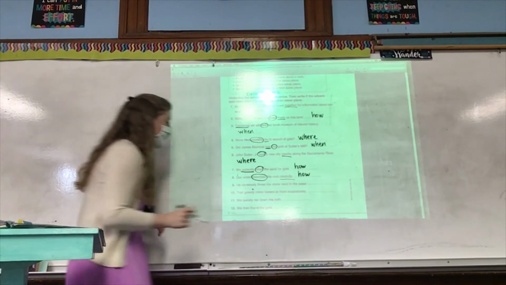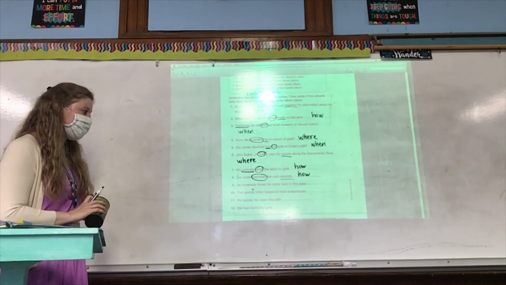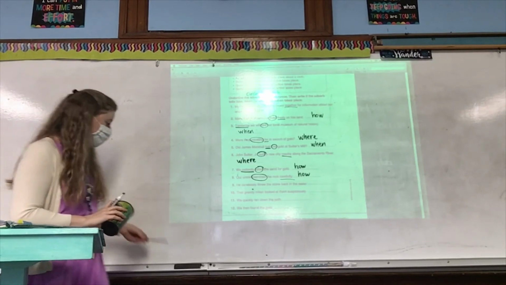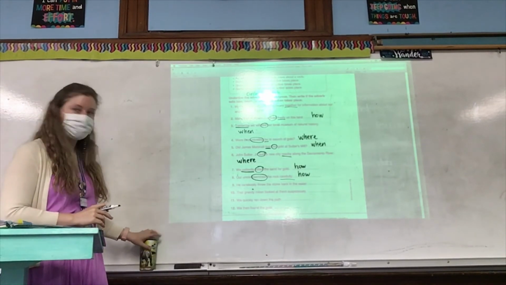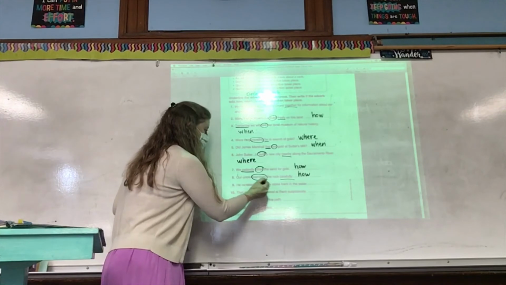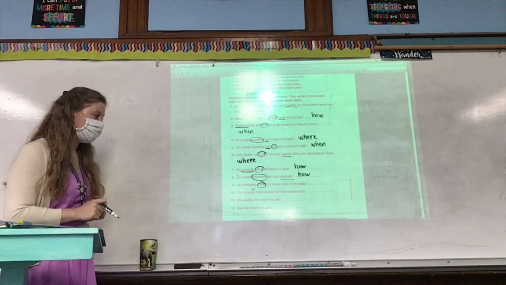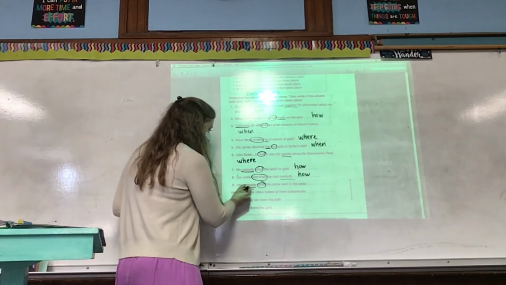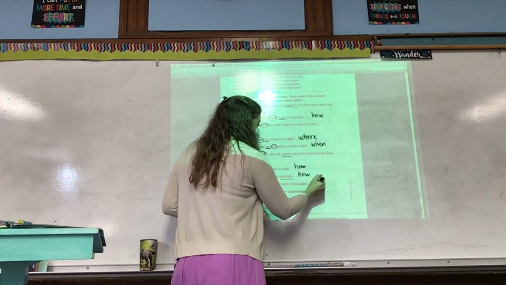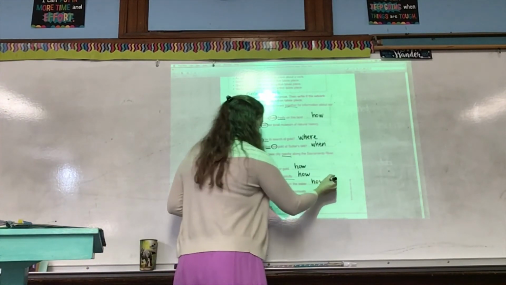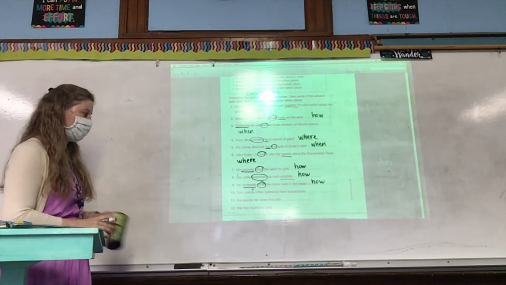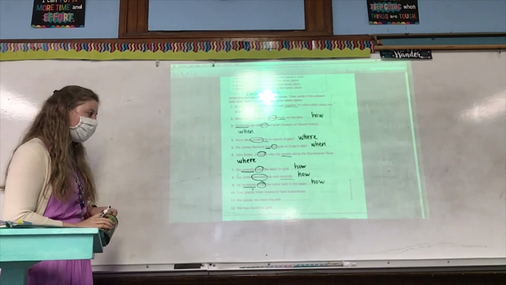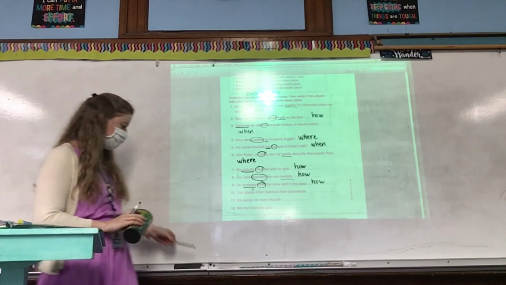Carefully. Number 9, he carelessly threw the stone back in the water. Smith, what is the verb? Threw. How, when, or where did he throw the stone? Carelessly. Which question did that answer? How? How did he throw the stone? He threw it carelessly. Number 10, that greedy miner looked at them suspiciously.